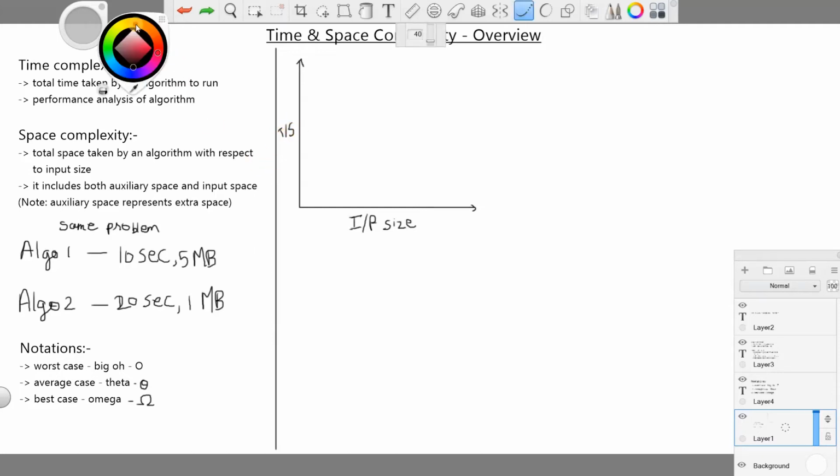So I'll just draw with a different color. So this is almost equal to null. This time complexity is called constant time, that is order of 1. We can also call the big O notation as order.